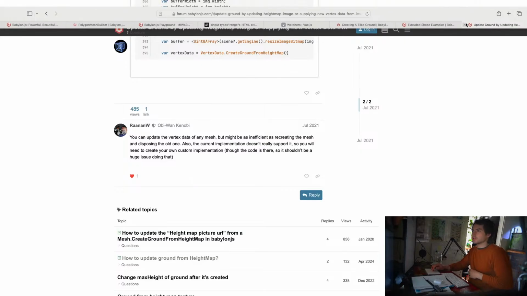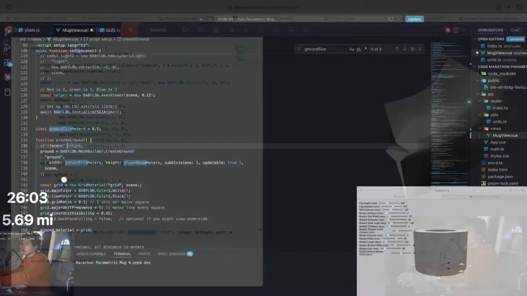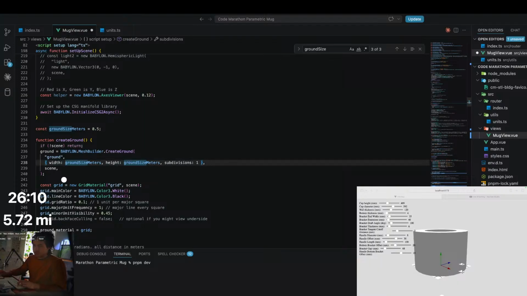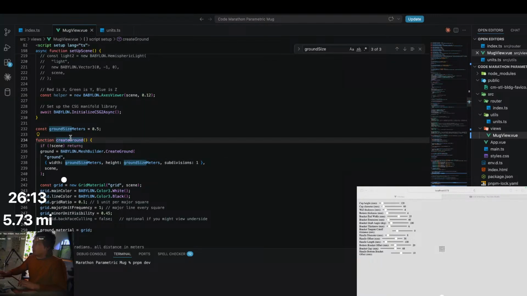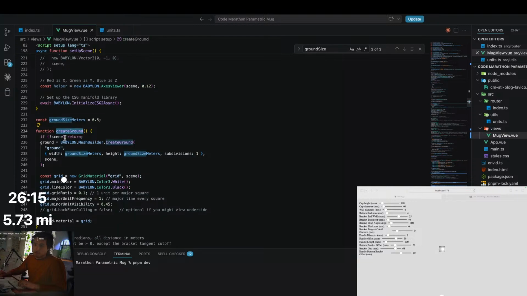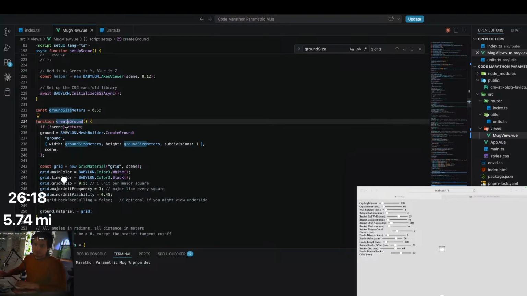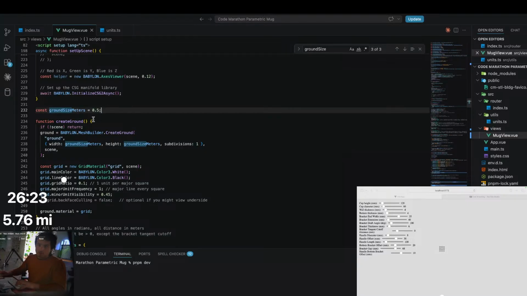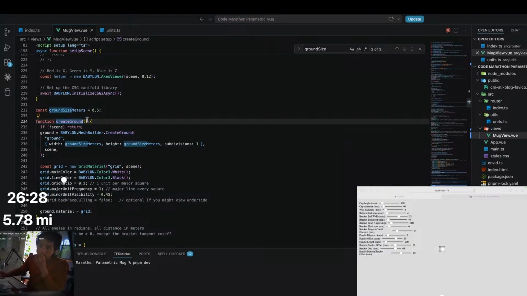Okay, I think we're just gonna dispose the old mesh and then rebuild it every time. So sometimes you just gotta brute force these things and appreciate the power of modern consumer compute hardware. So we'll update this function and call it, well, this is okay. We can just recall create ground, but instead of having this ground size meters constant be like this global thing,